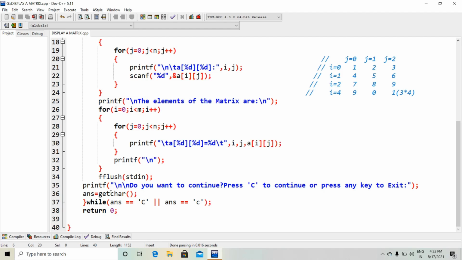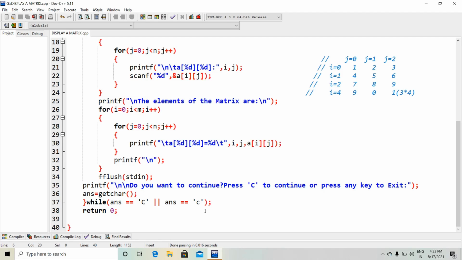So getchar is a function that will store only one character value, capital C or small c, only a single character. So if you press a single character, then answer equals getchar. While answer equals capital C or small c, the whole part will continue again.